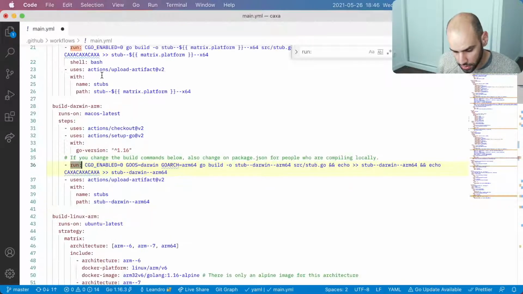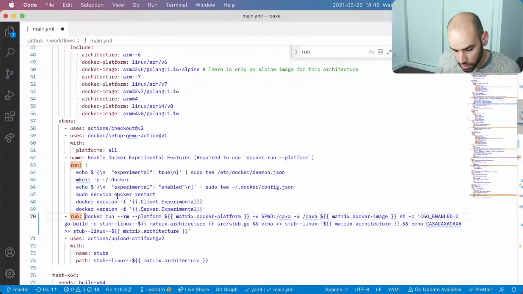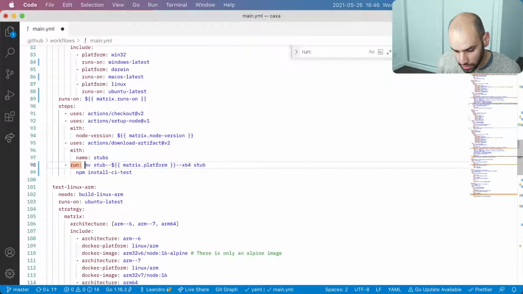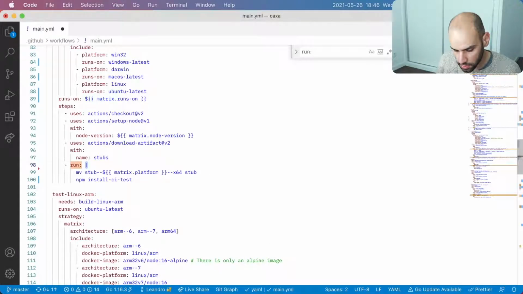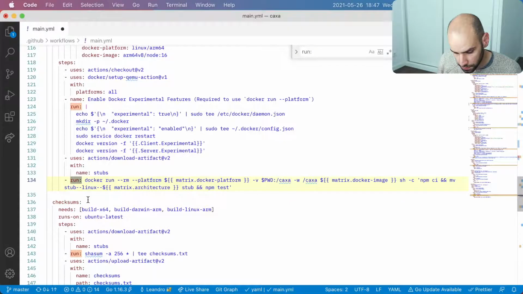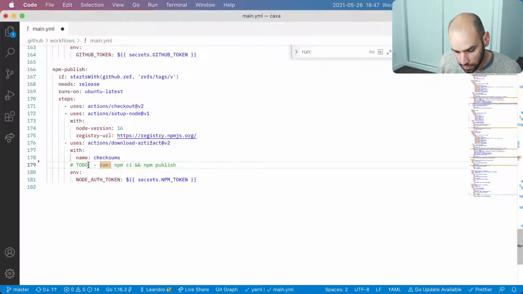Let's go over everything again. So there is a single command here and here. Here there are multiple commands, but here there is a single one. So I think it makes sense to put it like this. And then here there are two commands, but really they're just moving the stub in place and running npm install. So I think it makes sense for us to do it like this. Or maybe not. Something like this looks better. So we're moving the stub to the right place and then npm install CI test. Now here we have multiple lines, and here we have a single line. That's fine. Here we have a single line, and here we have a single line, but this one is wrong. We actually have to come back to this.